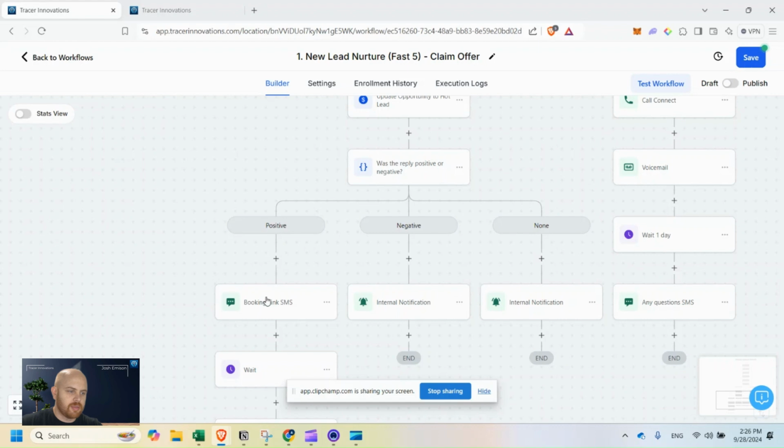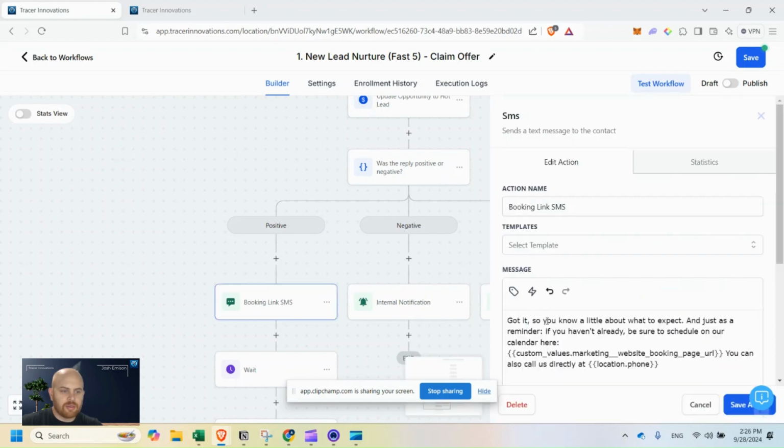If it was a positive reply, we're going to say, great, you've worked with a trainer, you know what to expect. As a reminder, you need a schedule right here, or you can call us. If they didn't reply, or if they reply that they haven't worked with a personal trainer or something else that's negative,